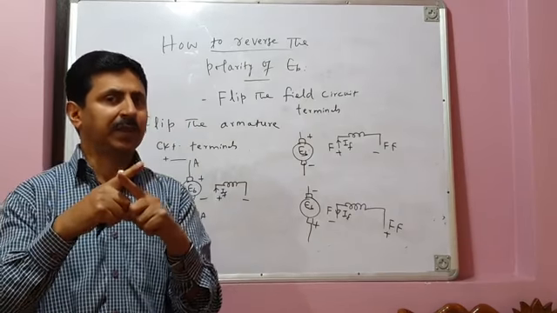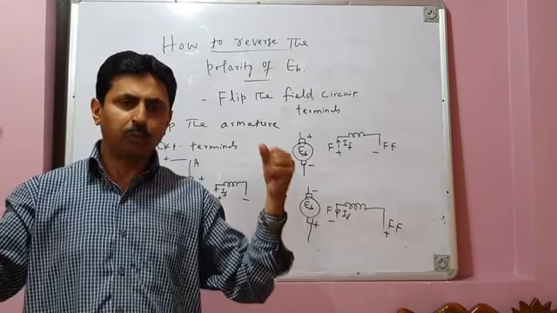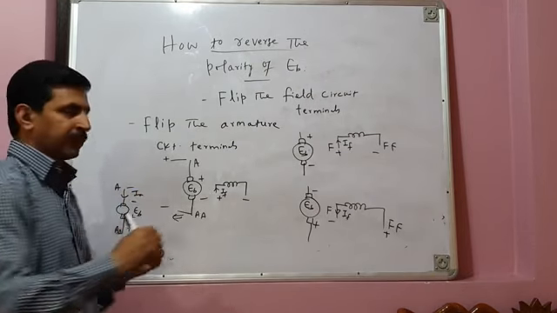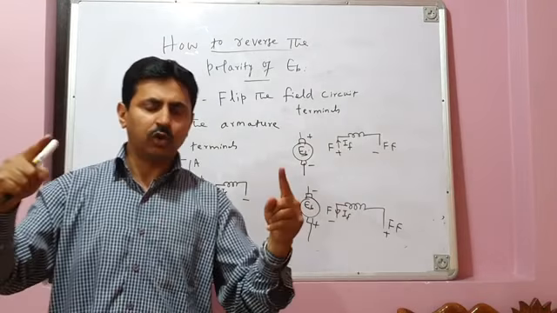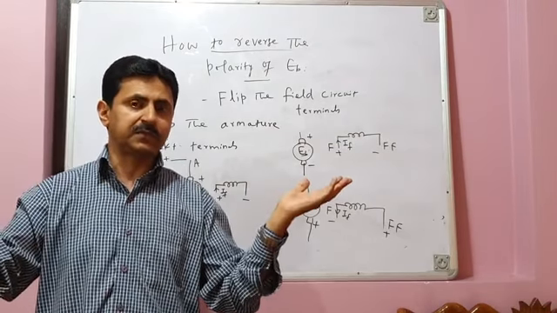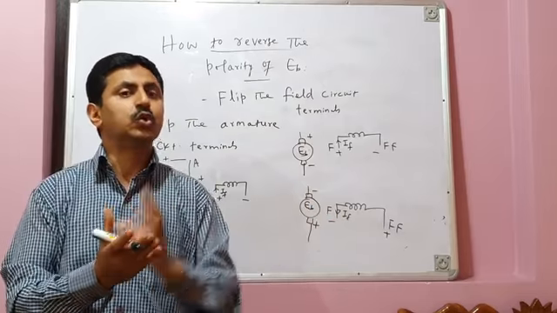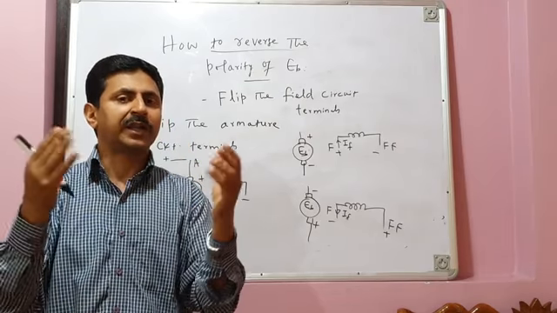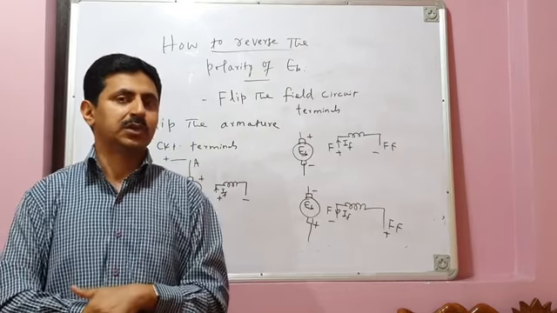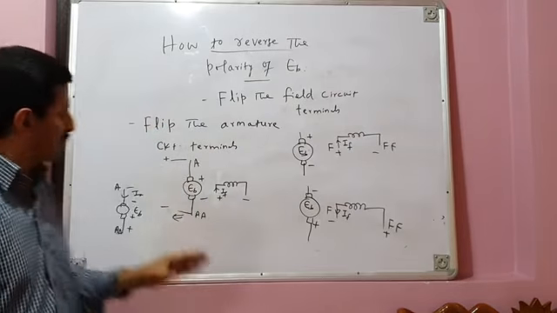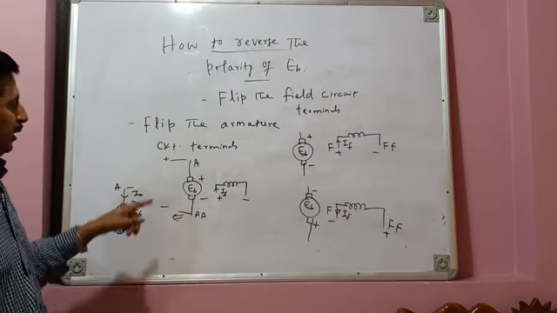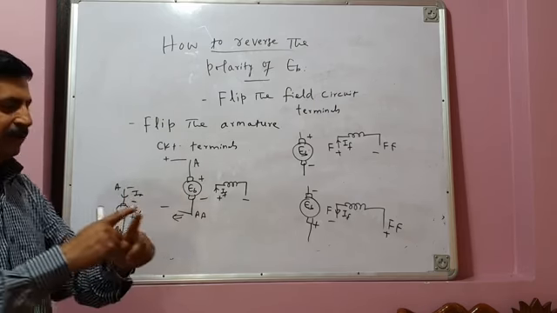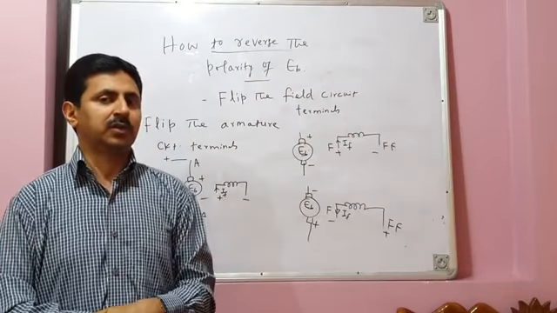For that also you need a mechanical switch or contactor. When you open that contactor, you are basically breaking a huge armature current. And since you are suddenly opening the switch, di/dt is very, very large. That will result in a huge voltage across the contactor terminals and sparking, and that may damage the mechanical switch. So this method of reversing the polarity of back EMF by reversing the armature terminals is also not practicable.